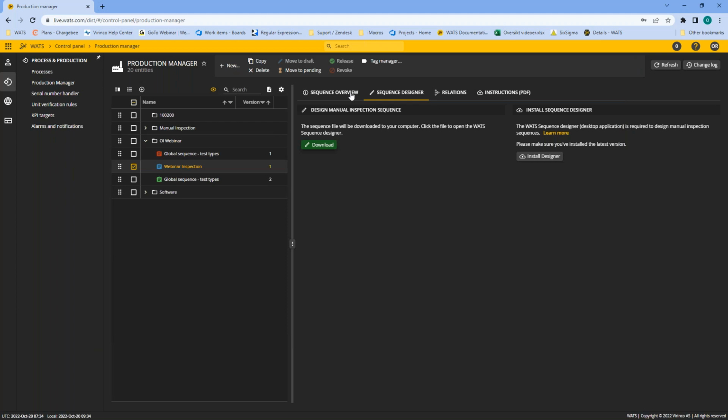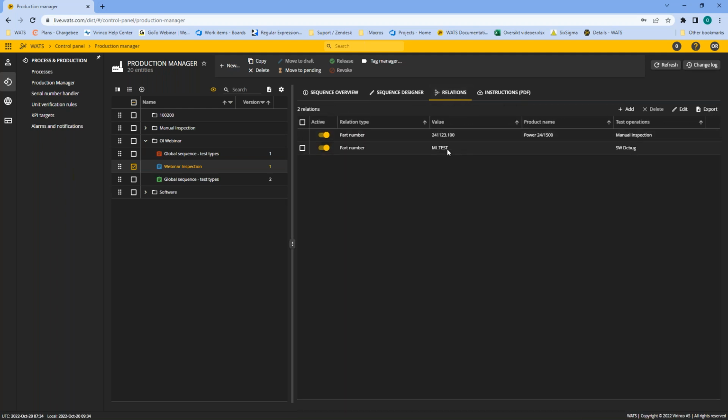And once the sequence is set up and the settings are selected, you need to set up some relations. And the relations are what decides which product has which inspection related to it, or which station for that part. So in this case, this inspection has two relations. So I have related it to two part numbers. One of them is the one that we have been looking at as a demo product. And I also have this